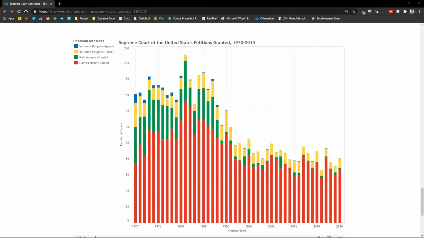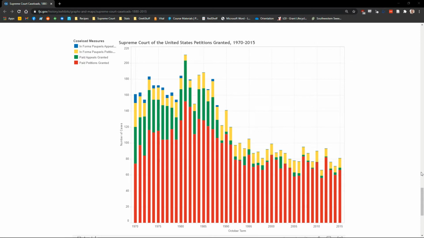And what you can see is that even in the 1970s and even in the early 80s, the court is granting cert to 150 cases in a given year. Well, in 2015, that had dropped down to 81. And I think if I said last year, the Supreme Court also heard 81 cases, or granted cert to 81 cases. One of the reasons why we've seen a precipitous drop, really beginning in the mid 80s, and we can see the curve drop off very clearly then, is because